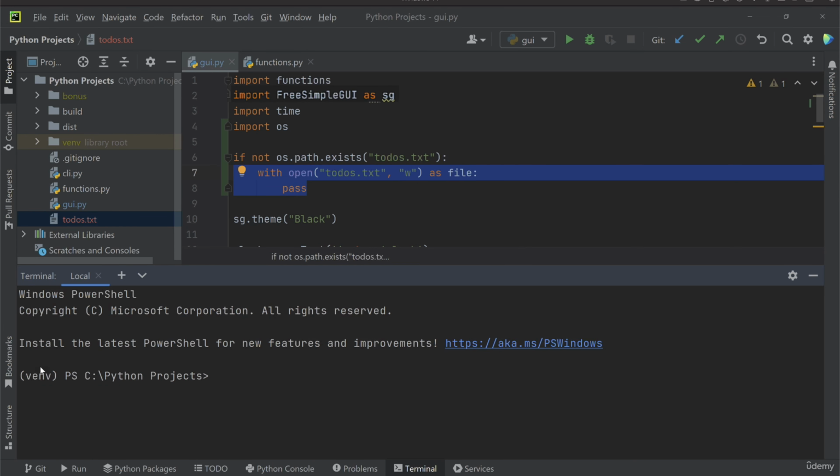Open the terminal again, and now I get this venv here. So now we can go ahead with the next steps. The next step is to install a third-party library. You can use pip install PyInstaller,